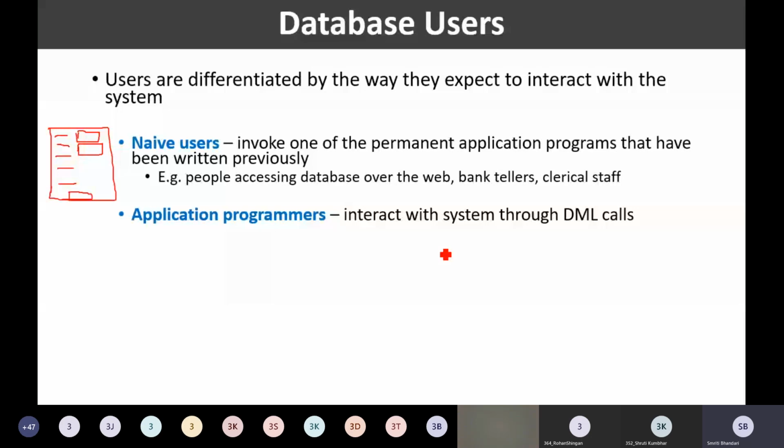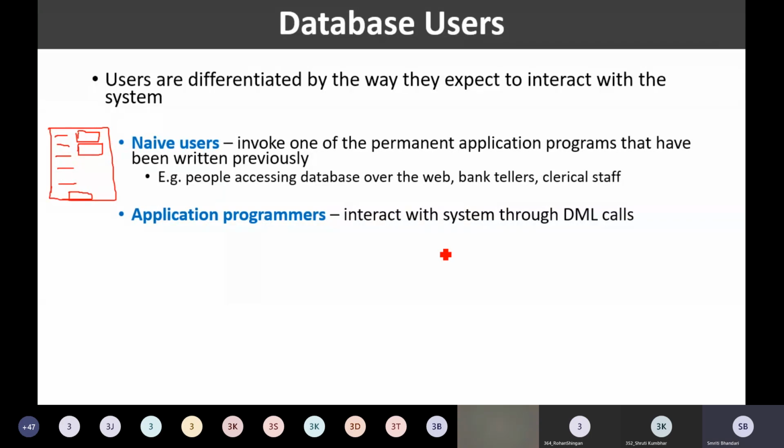The next category of the database users is the application programmer. So who is the application programmer? Application programmer is usually a computer professional who writes the application program. I will repeat.